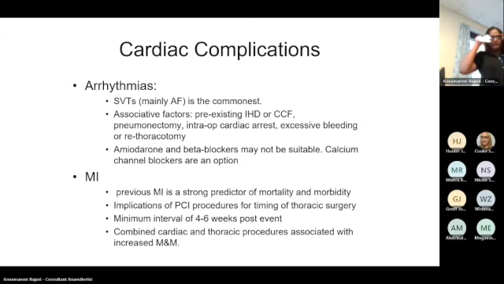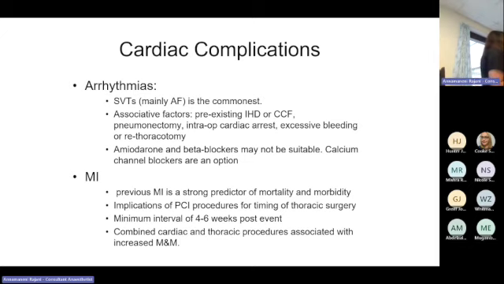The associative factors would be preoperative cardiac disease, cardiac failures, MIs, preoperative rhythm disorders. Those would be your associative features. MI, again, is quite rare after thoracic surgery, but it does happen. If the patient has had an MI before and they need thoracic surgery in the immediate post-MI period, mortality is really very high if you were to operate on them before the 4 to 6